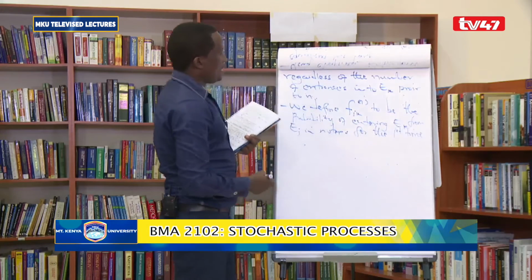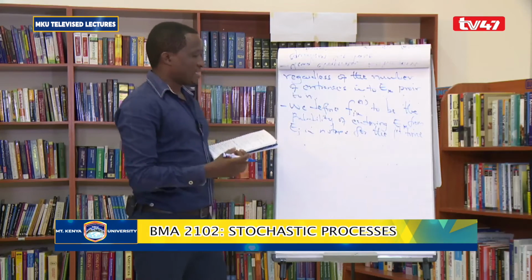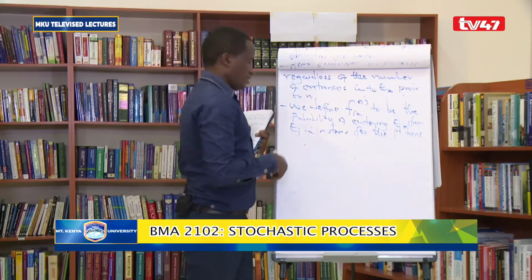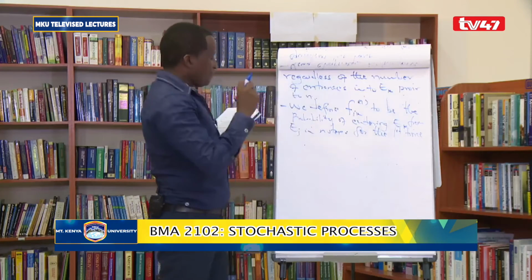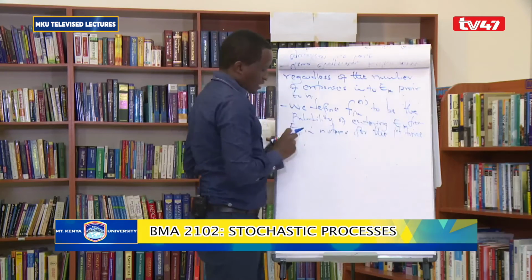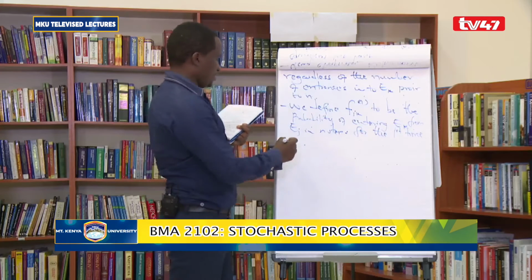In p_jk^(n), we are not considering the number of times you've been to k when you started at j. But for f_jk^(n), we are saying it's the first time you got to state k, given that you started from state j. Now, we can find the relationship